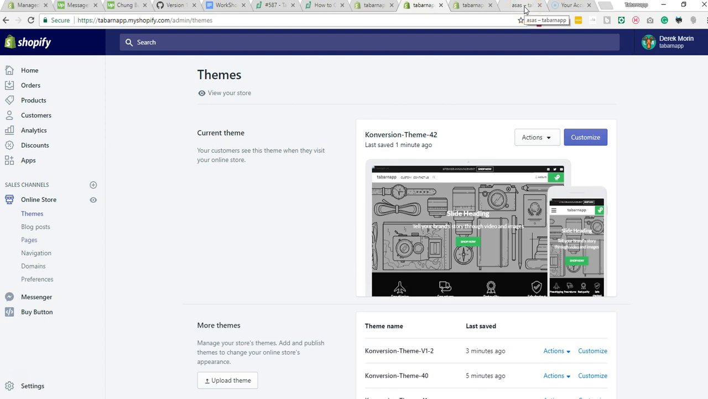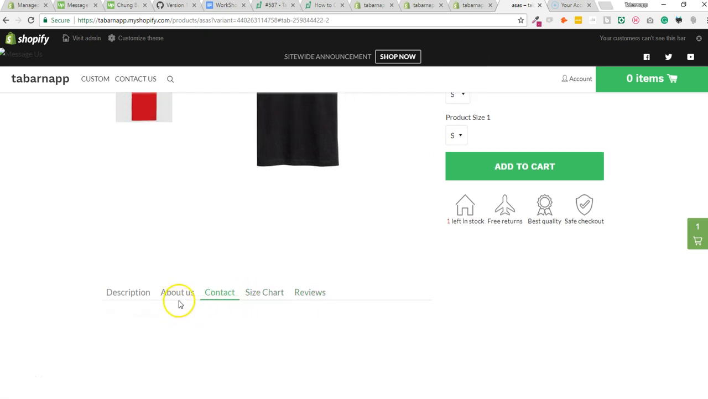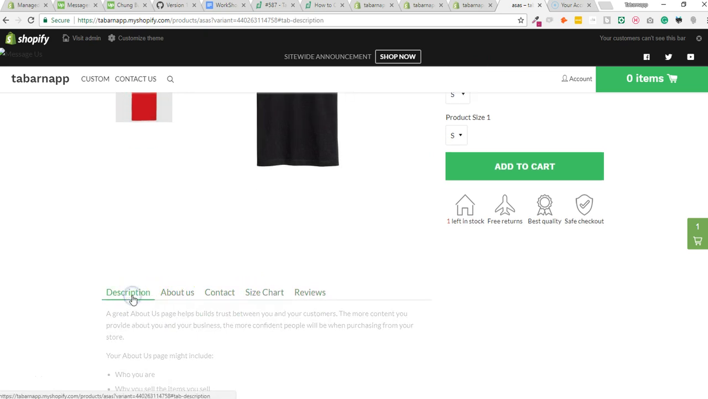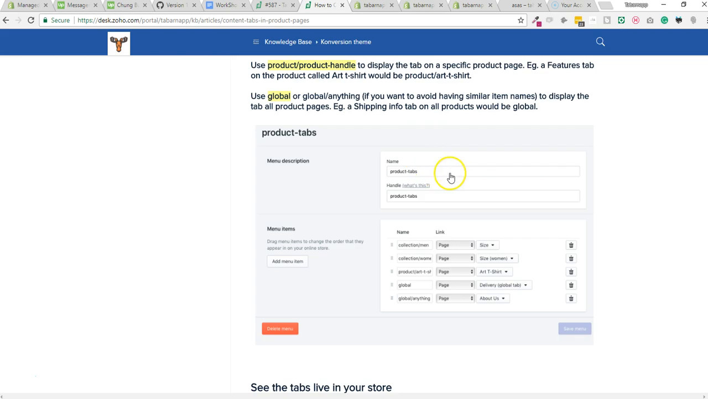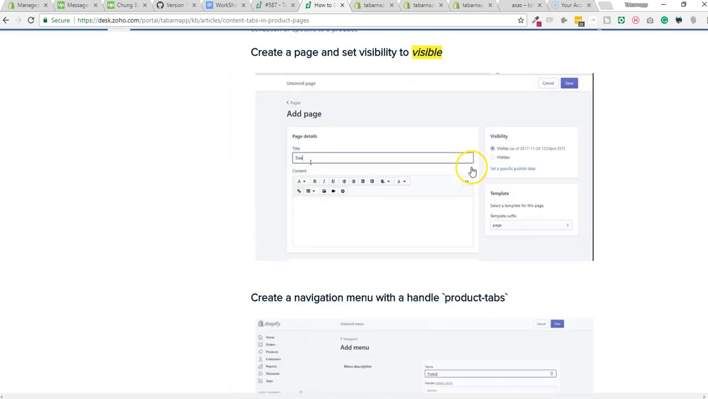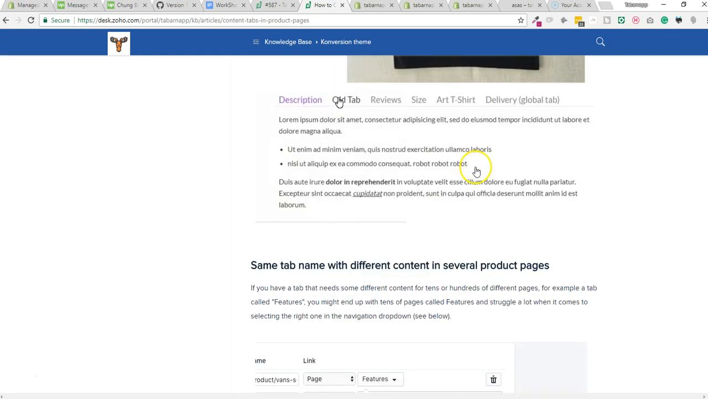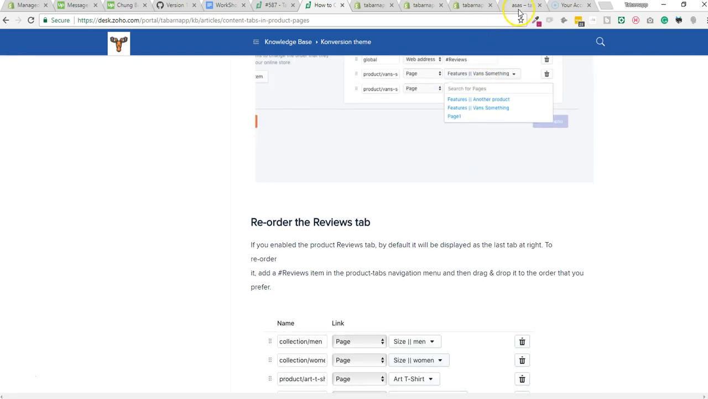Hey guys, a question that we often have is how to display content tabs inside the product page like there. To show you how to do it, let's just say first that we do have a help page inside our knowledge base with the documentation, but people still struggle with it,